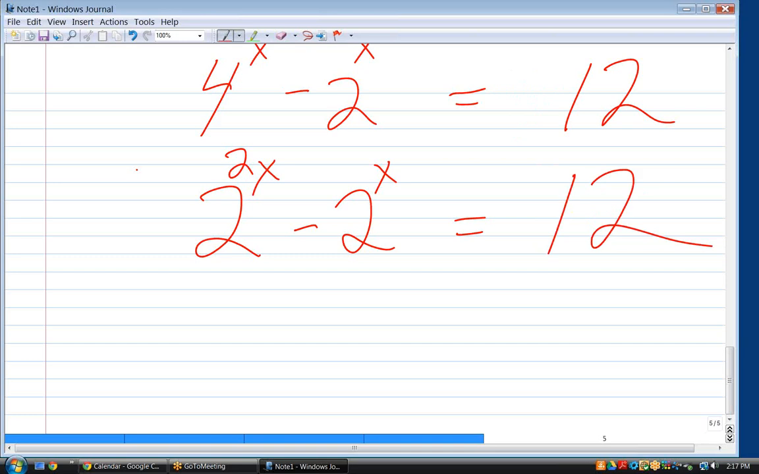Now, notice that if I said to you, in other words, this is the same base. Hold on, I'm thinking for a moment. I should be able to factor out the 2, and I'm left with